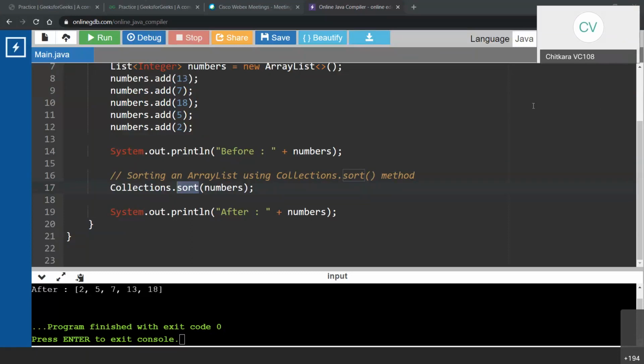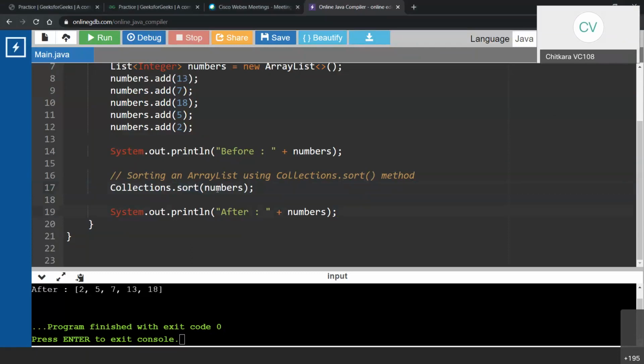So be very careful about your explanation. Most of the explanations are wrong. Collections is a class and sort is a method of that class. Okay. Collections is a class in java.util package. Good. It means we get the sort method from the Collections class and sort the list alphabetically or numerically. Good.